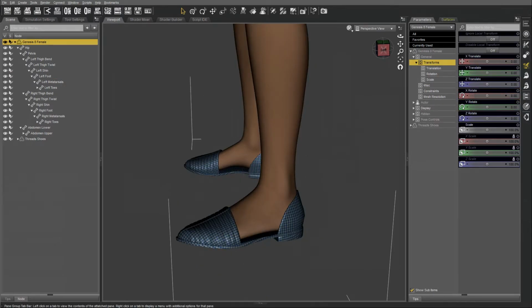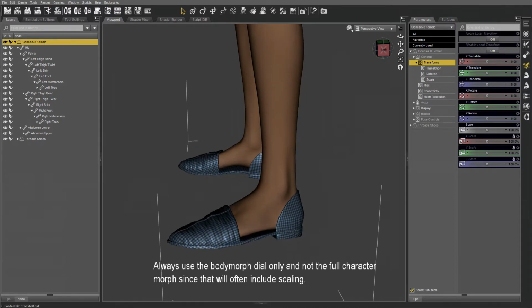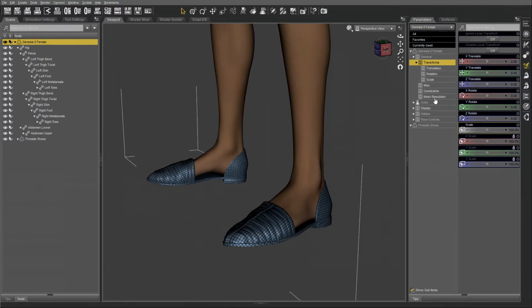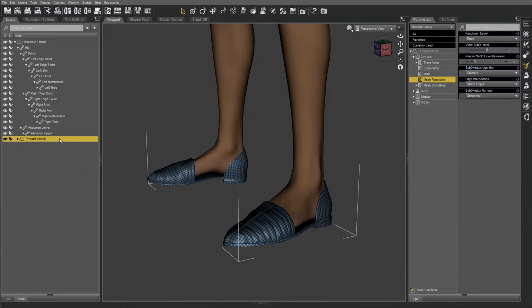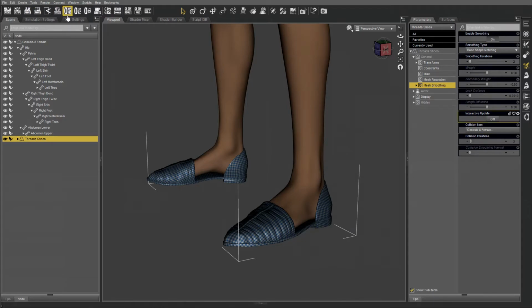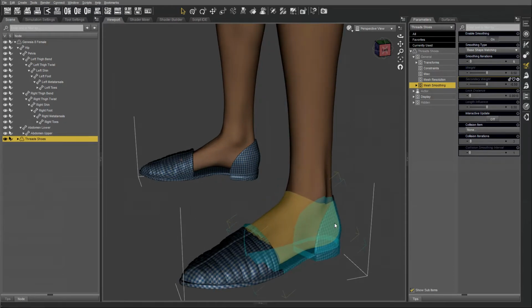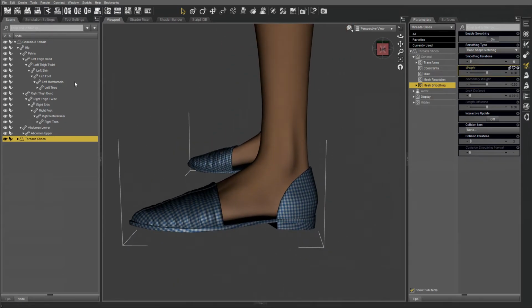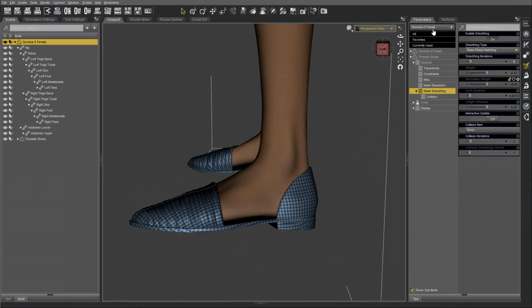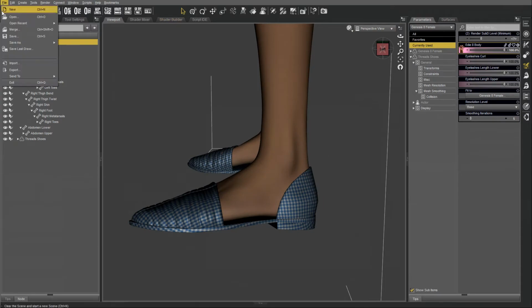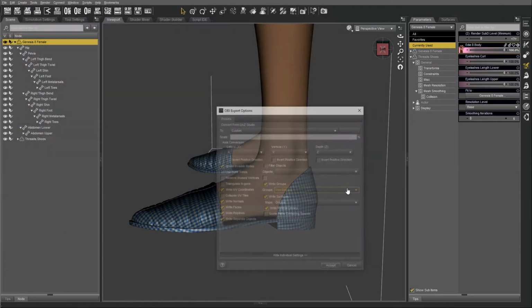Right, now to start doing all the body morphs. Always use the body morph dial and not the full character morph, since it often has scale built in. Again, change it to base resolution, and this is the ED morph, which is quite extreme. And then I like to turn collision off from against Genesis, so that I have a smooth mesh without getting pushed out by the underneath figure. Alright, so it's ED body, copy and control copy again, so you can get the exact morph name. Export the OBJ,